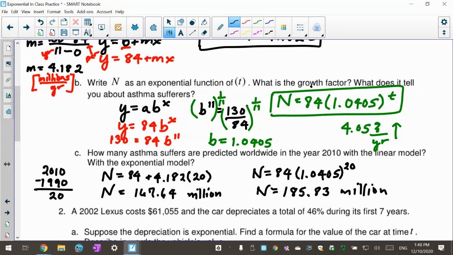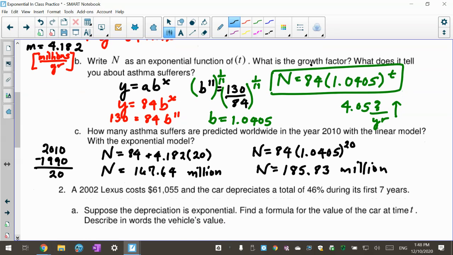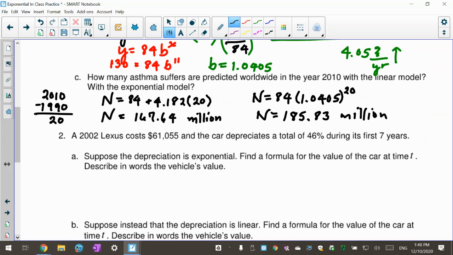So that's that one. Now, the next one is kind of interesting because of the way it's worded. So I want you to pay attention because this is something we'll talk about in class. It says a 2002 Lexus cost $61,055 and depreciates, which means it goes down in value, a total of 46% during the first 7 years. So the first thing I want to do is see if I can make some data points here. And the first one I see is when time is 0 because they didn't really tell us anything else. So I'm going to have my point to be 0,